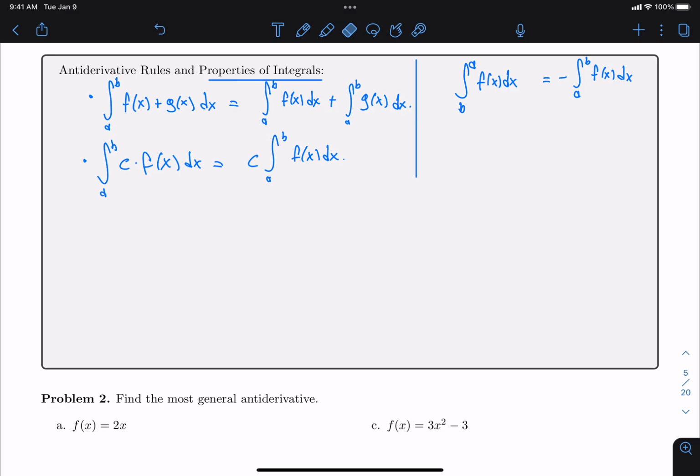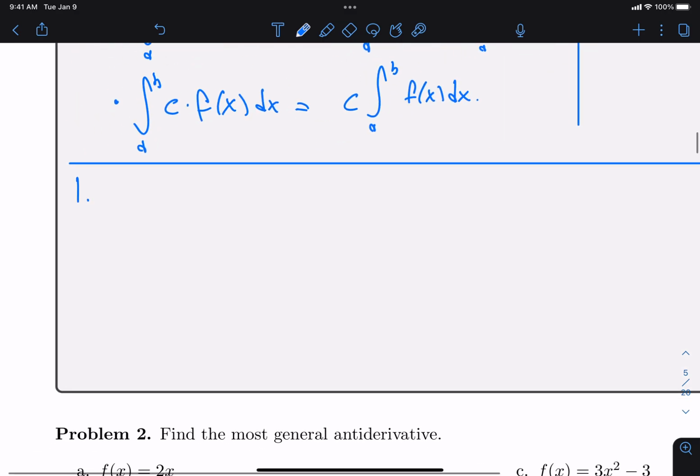And then sum and difference rule. Okay, sum and difference rule, basically. Okay. So those are some properties of integrals, and now let's actually write down some rules. So the first rule is the integral of